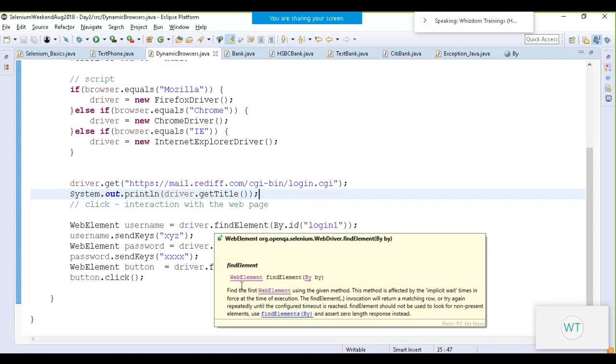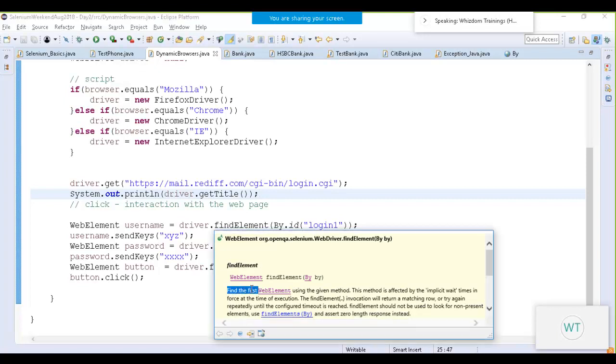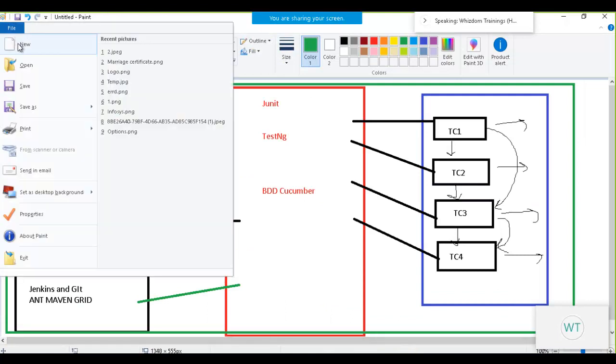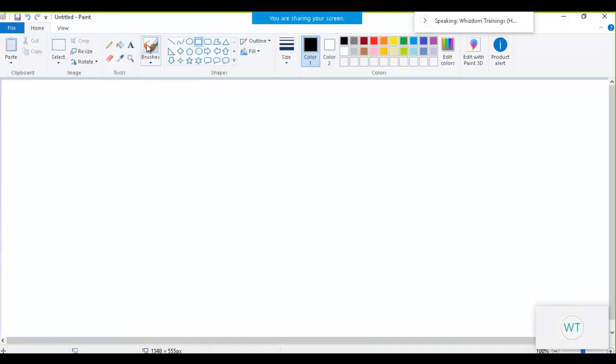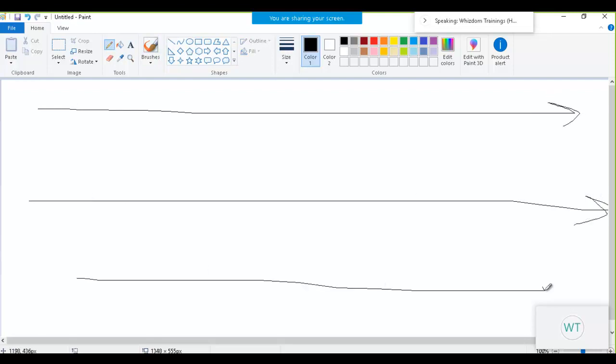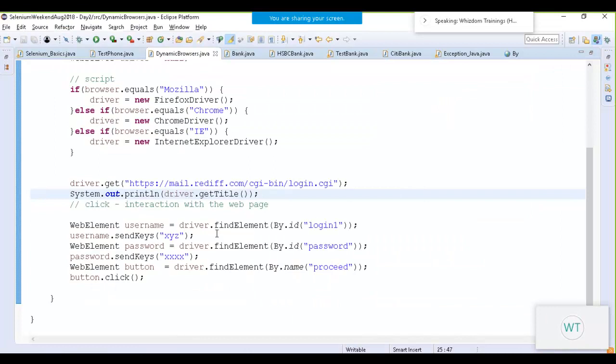The definition of find element tells you clearly it finds the first element using the given method. Okay, Selenium, when it scans the page, it will scan the page from top left to right and go down. If there are two elements on the page with same ID, it will use the first one. Okay, you can use the second one. I'll tell you later on how you can do that. Okay,